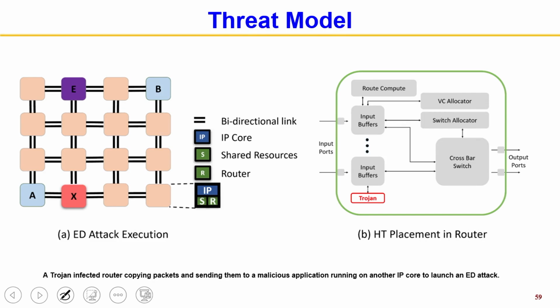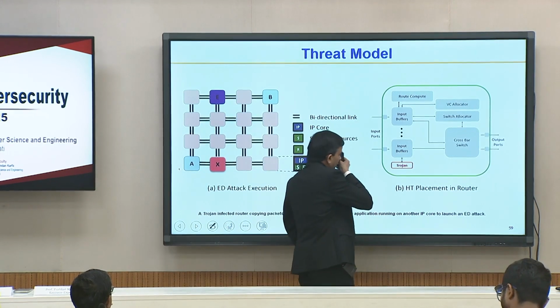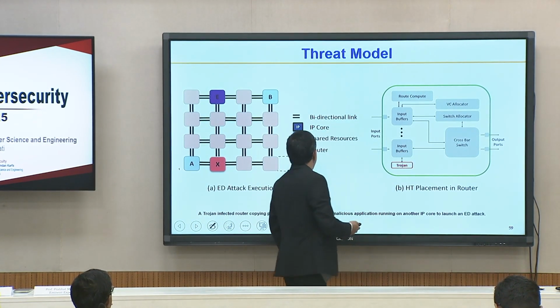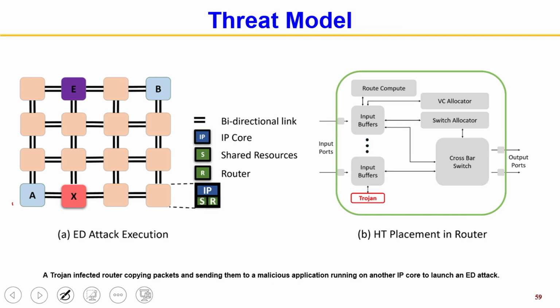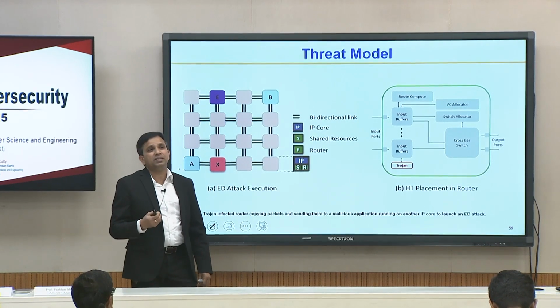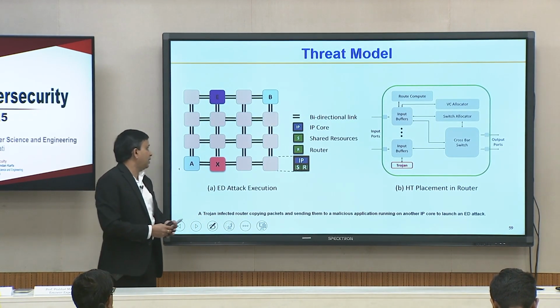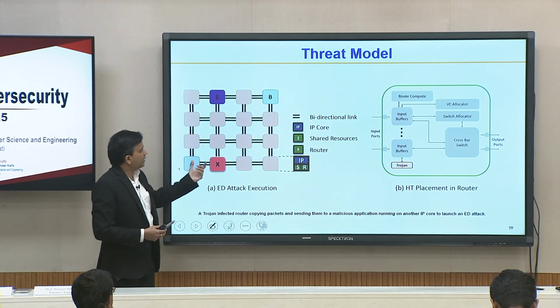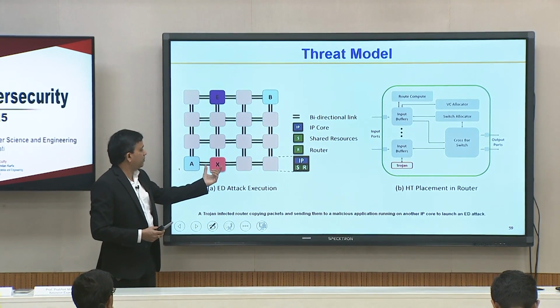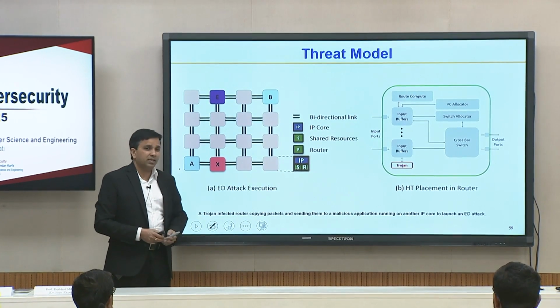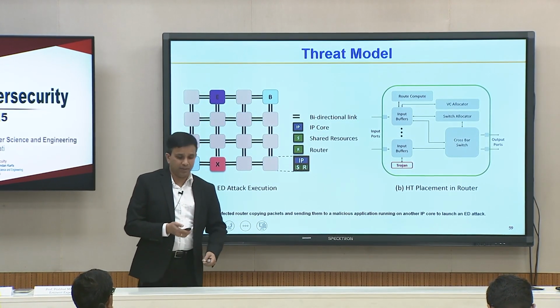So, you have an attacker somewhere that is trying to listen to somebody, and it could be implemented through some form of Trojan on some node, and then they work together. Now, it is not just that it can copy packets. Copying is basically the payload here for the Trojan, but after it copies, it sends it to another node. So, it copies it here, and then it might give it to another node where a program is running, and together they may collaboratively do the attack.